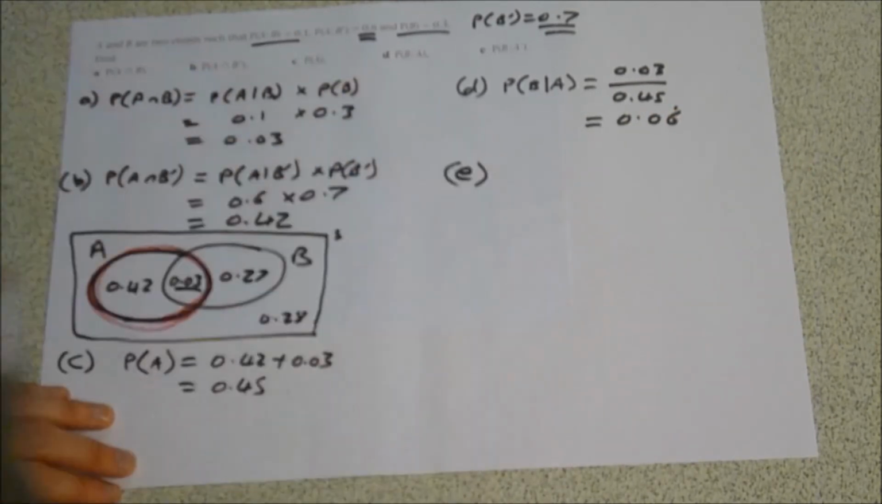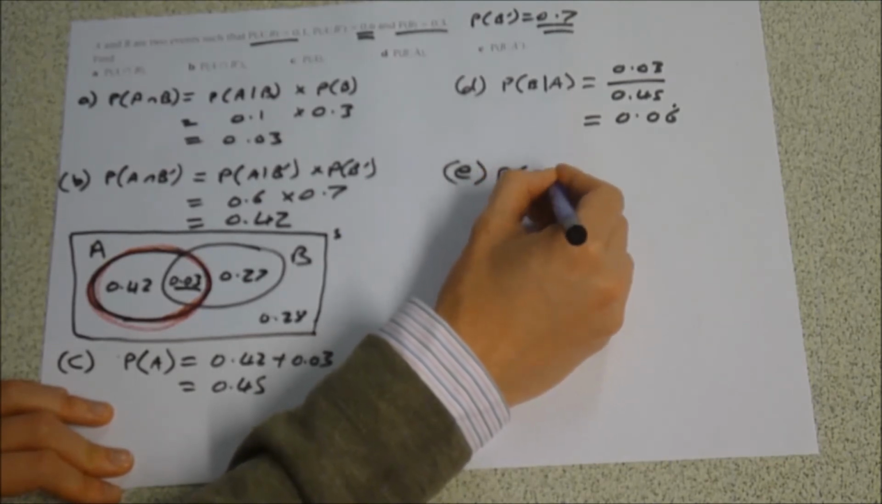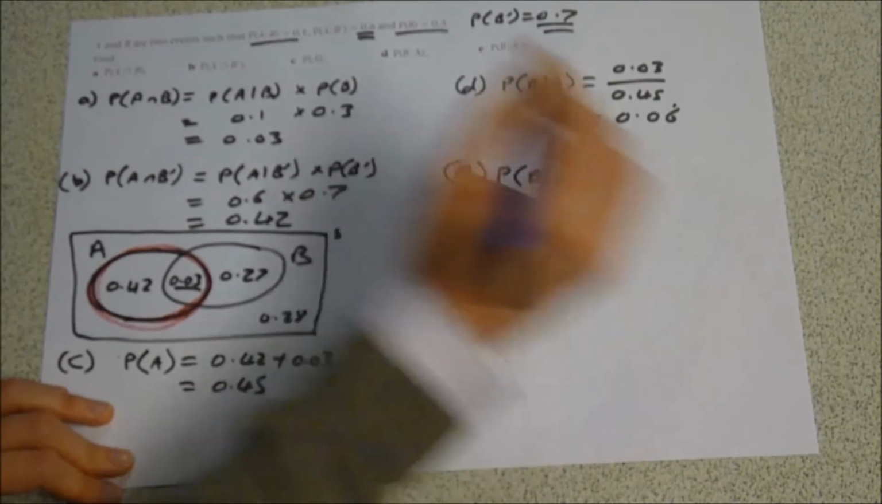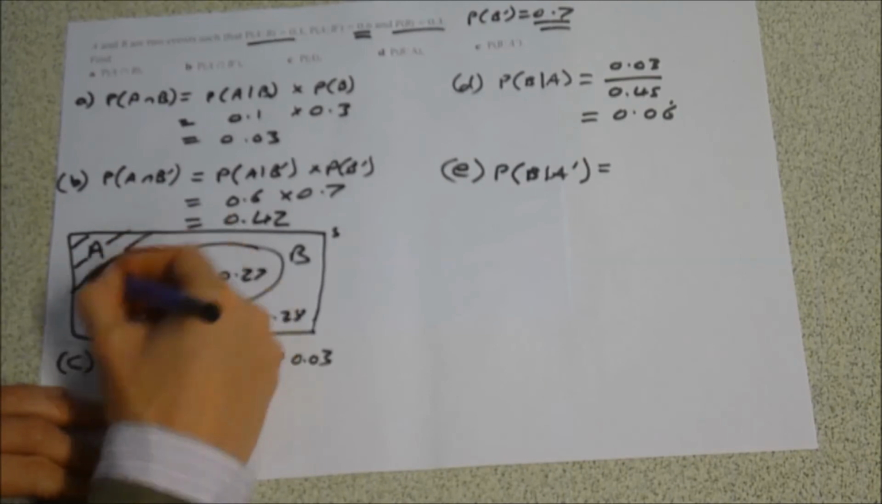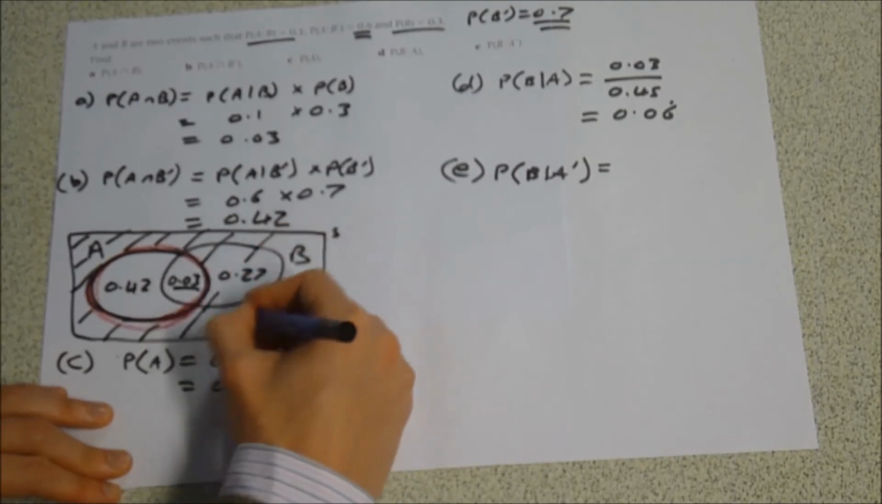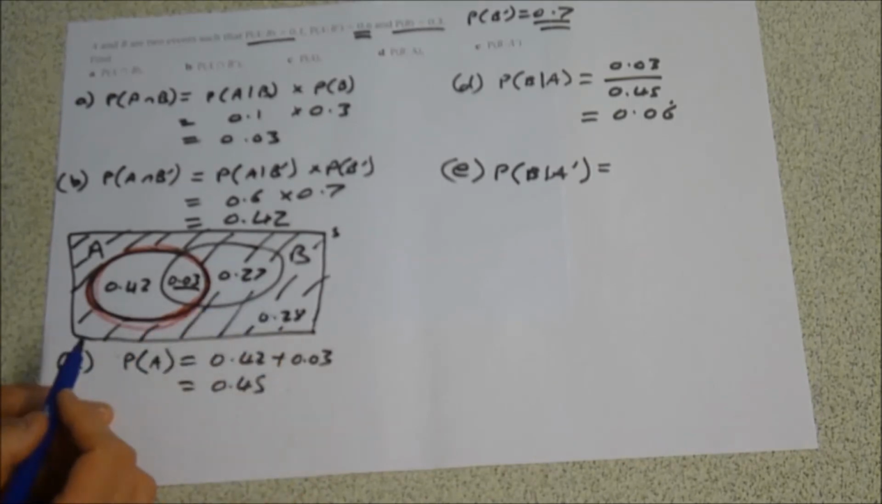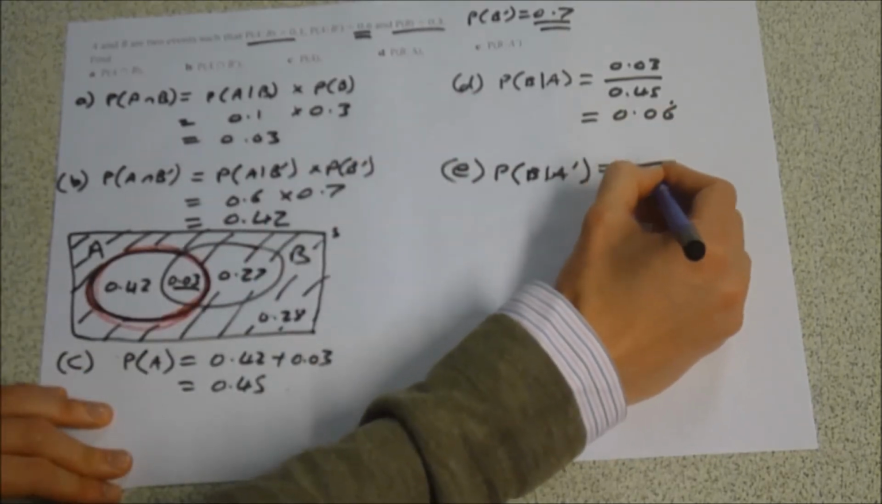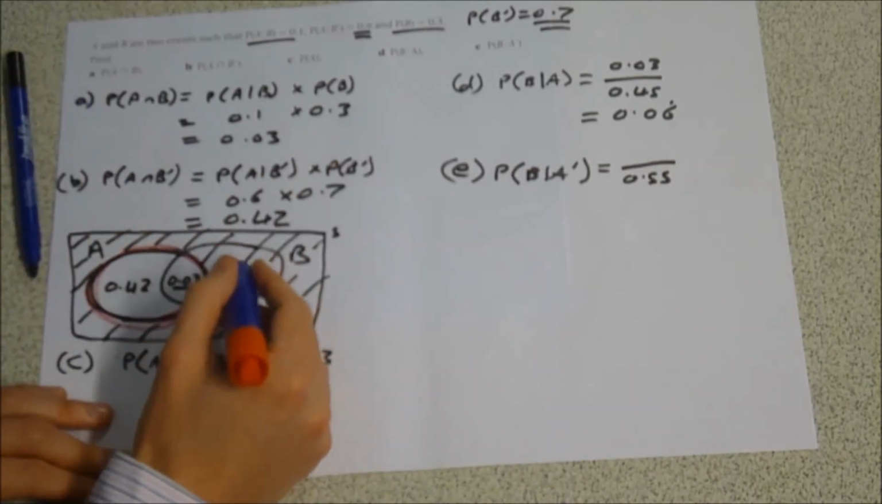For part E, again, we just saw this with the tree diagram. How am I going to do this with the Venn diagram? Well, it asks me for the probability of B occurring given A does not occur. Well, that's going to equal, let's see, A does not occur. Using my hatching, I can see A doesn't occur in all of this area here. That's 0.27 add 0.28. So that's my 0.55. And the probability that B does occur